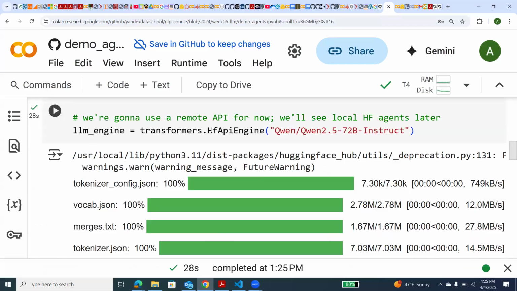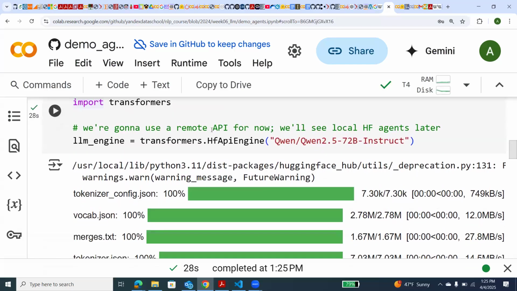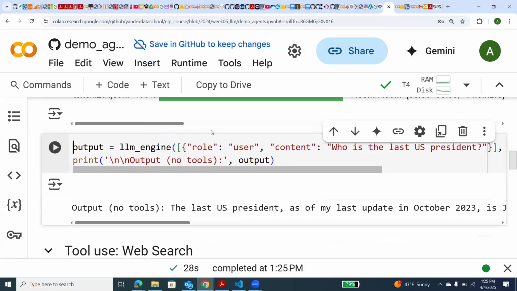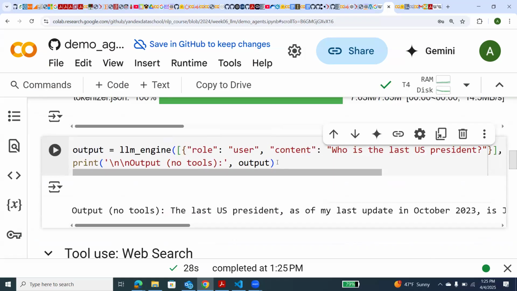And here is the request, the typical request to the chat model or instruct model. You can see we indicate the role, user, and then content. Let's run